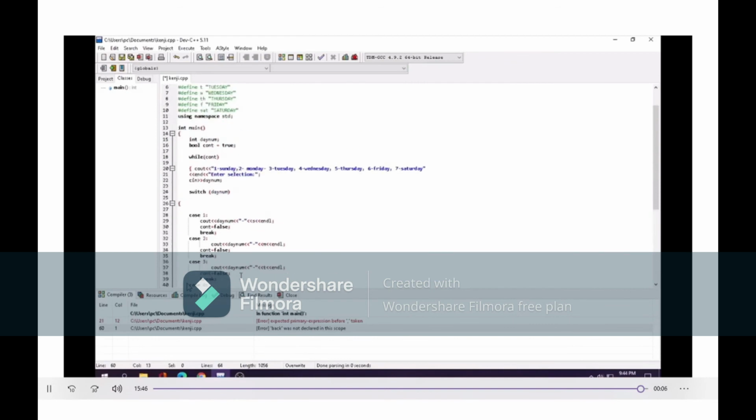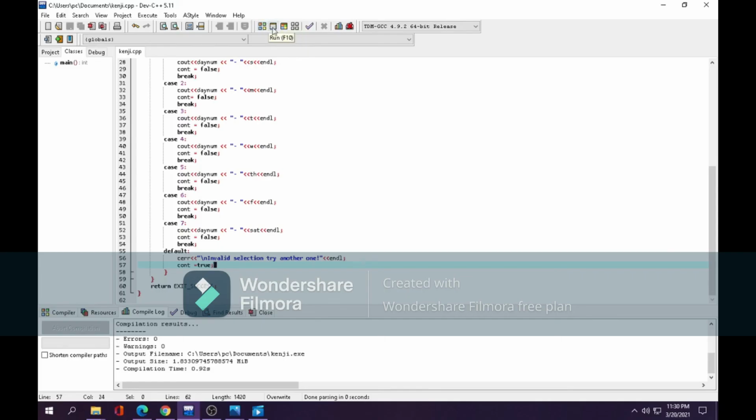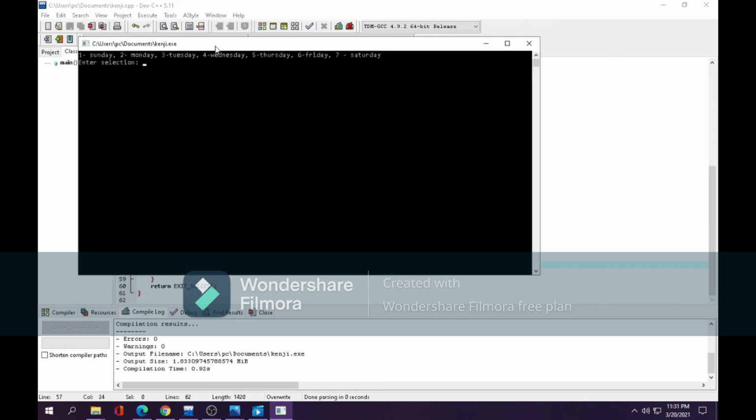I will erase the back because in the first I use it, and run. So I will enter 4. It says Wednesday. Then if I'm going to enter another value, for example for D,